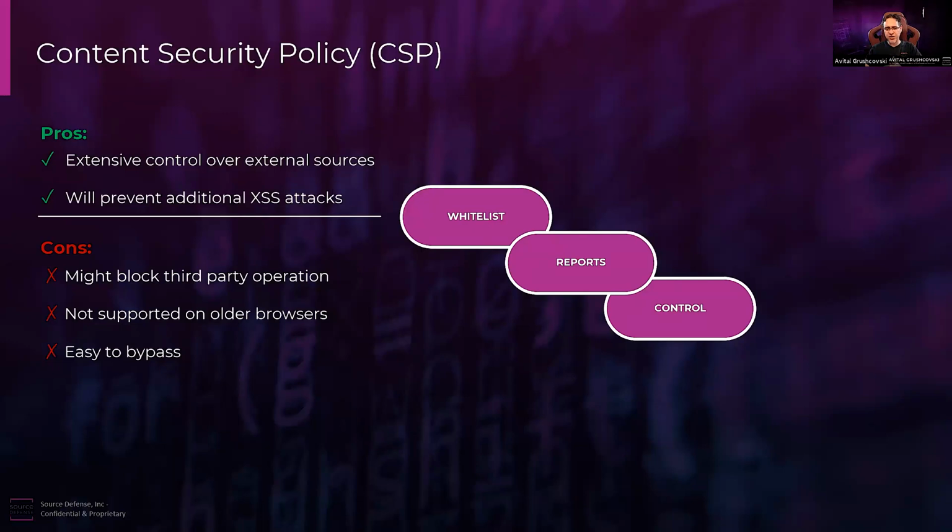Content security policy is basically a whitelist solution. So you can tell your browser, here's a list of domains that are whitelisted to be loaded to my website. And here's a list of domains that I will allow to load scripts, and these can open iframes, and these can load media files, and so on. So you can whitelist all of your vendors. It is extensive work, but it